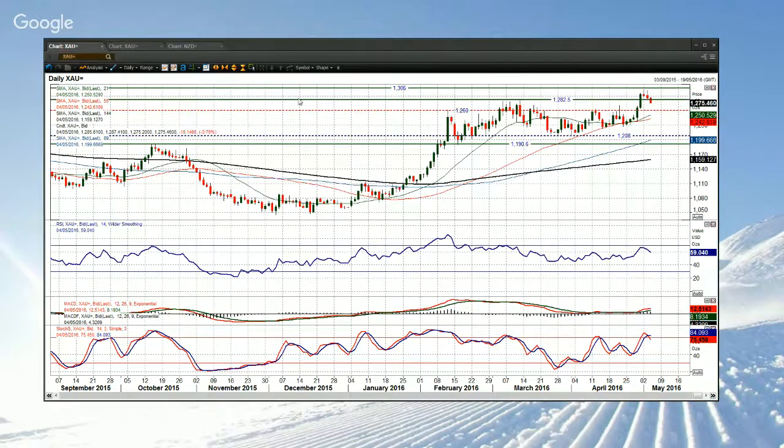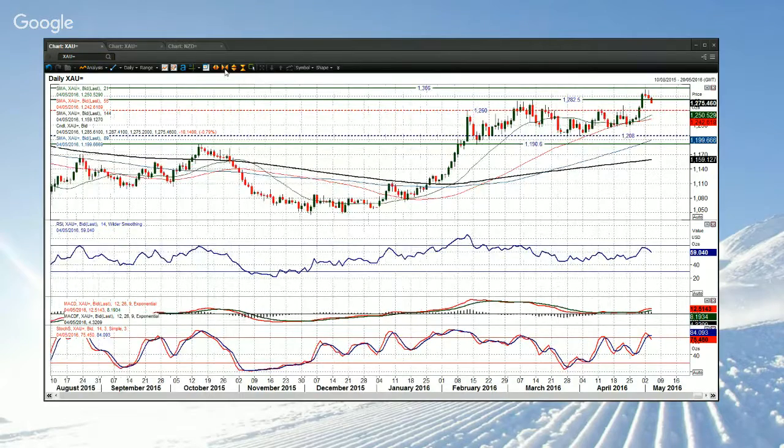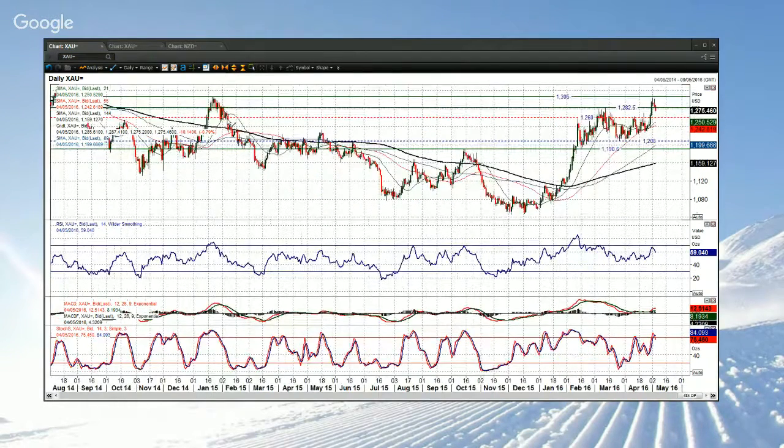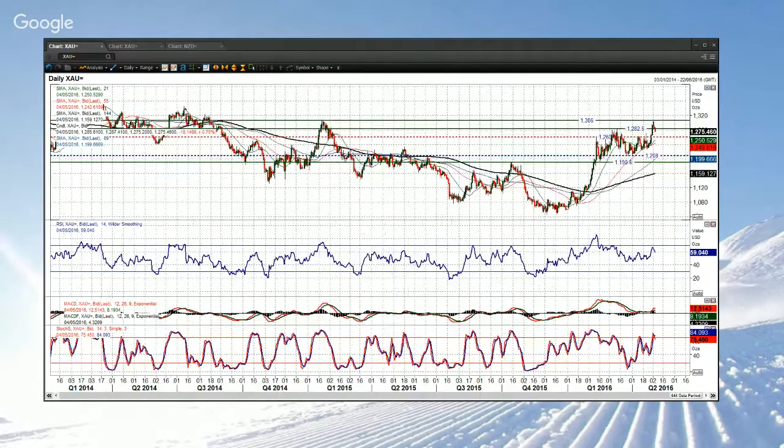Now, just to show you, 1306 is this high here from January 2015, and then you're looking at 1322, 1345. 1345 is this really key July 2014 high. It certainly looks as though the gold price is just correcting back. I would say it's becoming a point at which corrections could become a chance to buy, because ultimately I don't see this dollar rally as being all that sustainable. I don't think it's going to go too far.